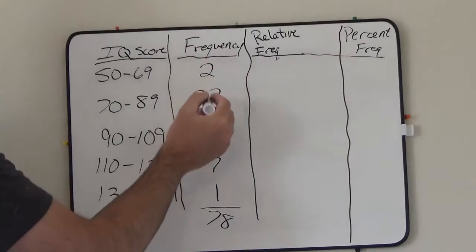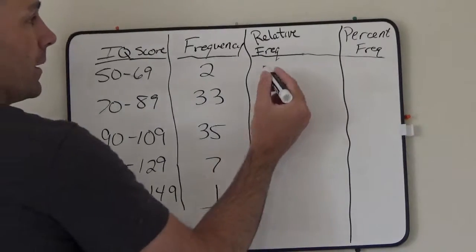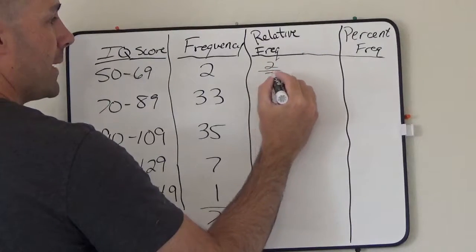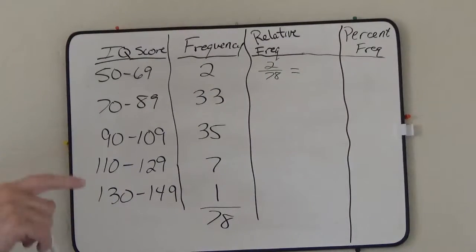Okay, so 2 plus 33 plus 35 plus 7 plus 1 is 78. Now to find relative frequency, we're going to create a fraction or a ratio of the data. So there are 2 times that this occurred. We're going to divide that by 78. In our calculator, the way we do that is we hit 2, then the divide sign, and then 78, and hit enter. And that gives us